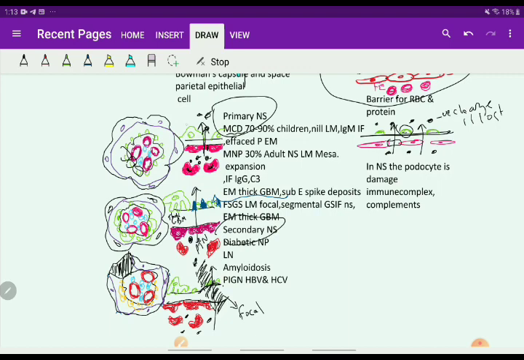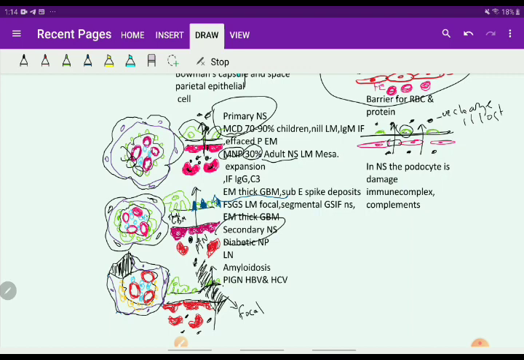So the main problem is the podocytes in minimal change disease. The second type of idiopathic nephrotic syndrome is membranous nephropathy, which mainly occurs in 30% of nephrotic syndrome in adults. Here we can see in light microscopy the mesangium is going to be expanded, and the glomerulus is also expanded,